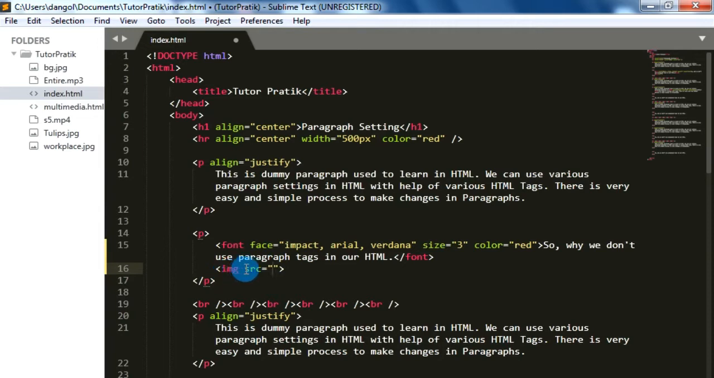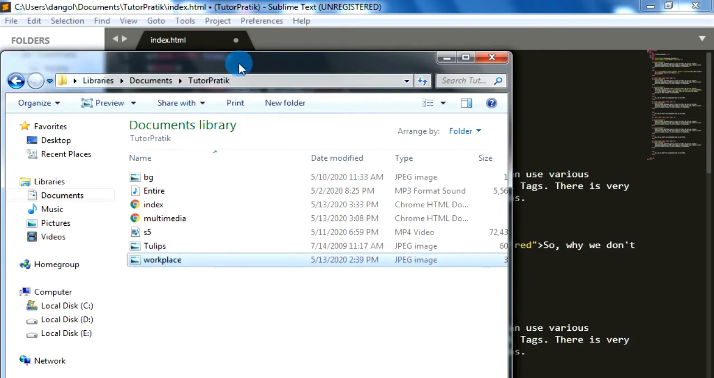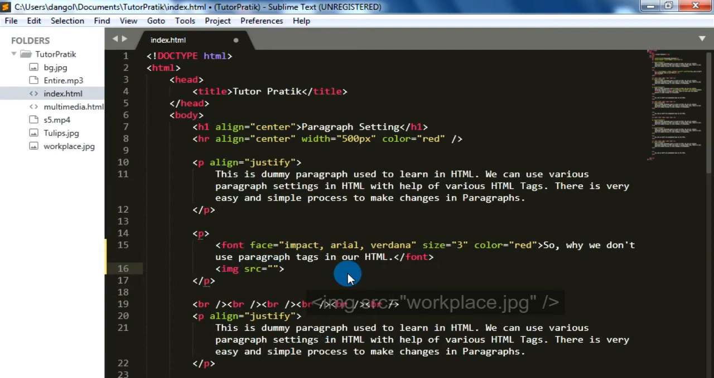And on this img tag, we have an attribute src. This attribute src is used to give the source of our image. First of all, we have to copy that image into our main root folder. So I had already copied one image, workplace, into our main website folder, and our index file and the image file are in the same location of our website folder. So just type the name of the image in the value of the src attribute,